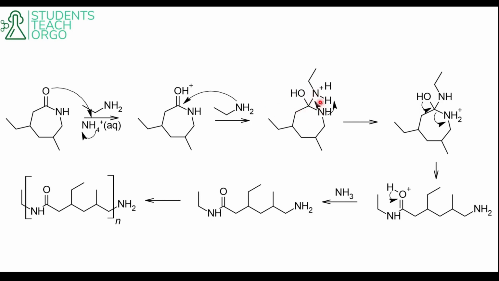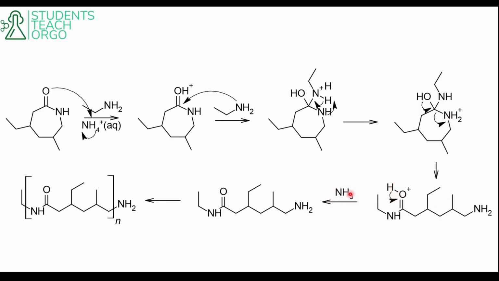After we form this, we get a proton transfer, so this N will abstract a proton from this N. That will convert it to a good leaving group. We could reform the double bond. And after we do so, we open the ring in the process, and then finally we can take that H